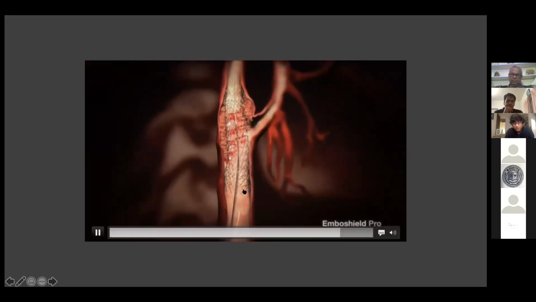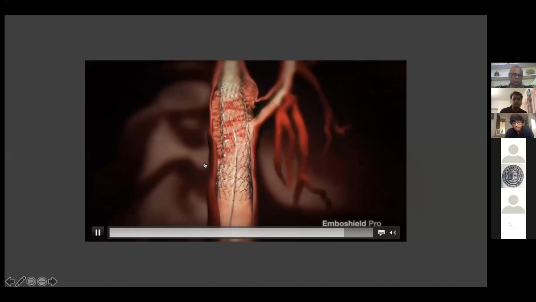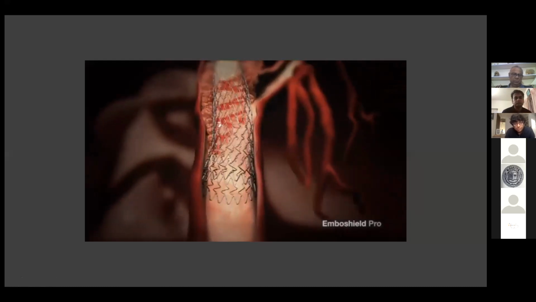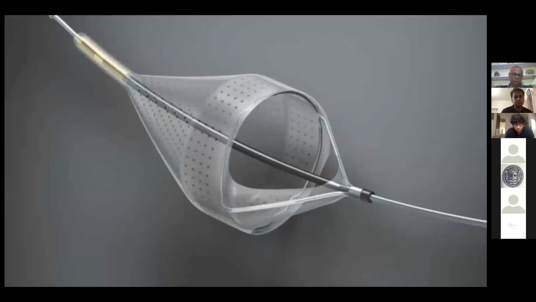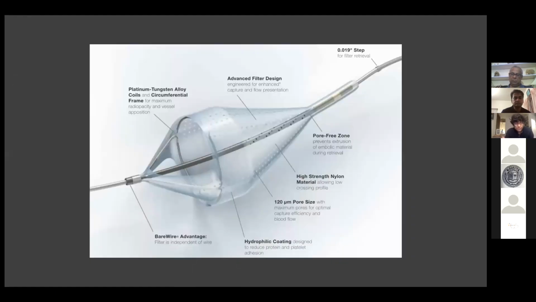So that briefly is what the angioplasty procedure looks like. And this has changed the outcomes for carotid artery stenting. This is the filtration element. And this is a sample filtration element. This is from Abbott. You can see this is a nylon material with a very fine pore size of 120 microns. And the scaffolding is usually collapsible.